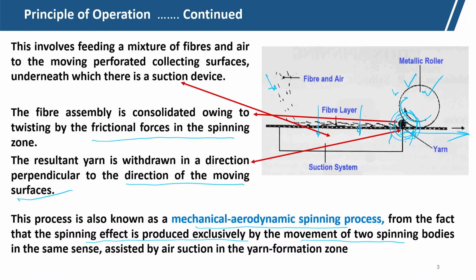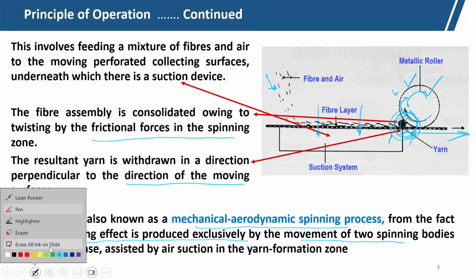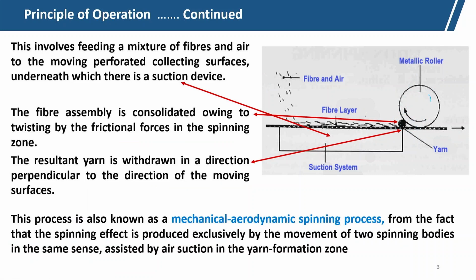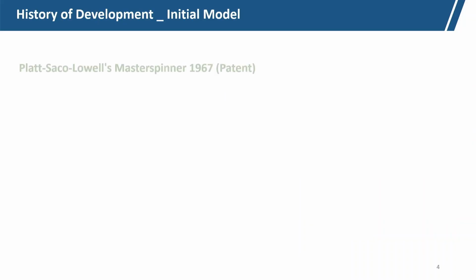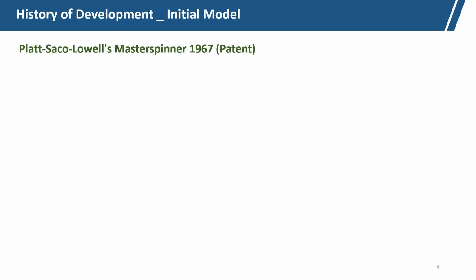Otherwise, if the metallic roller moves in the anti-clockwise direction here, what would happen? In the same direction, they will simply take the fibers along with it, which is not the principle. Here some friction has to be generated. So, at the nip point the direction of motion should be reversed. Now, let us see the history of development. So, this is the principle, and this principle is adopted for every